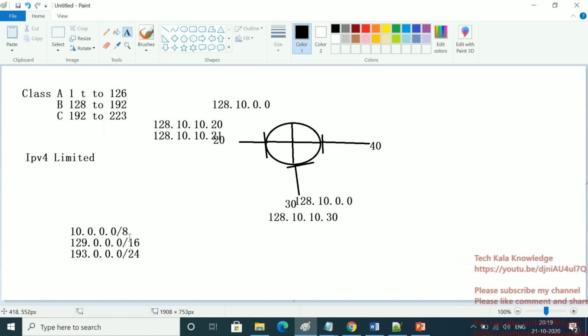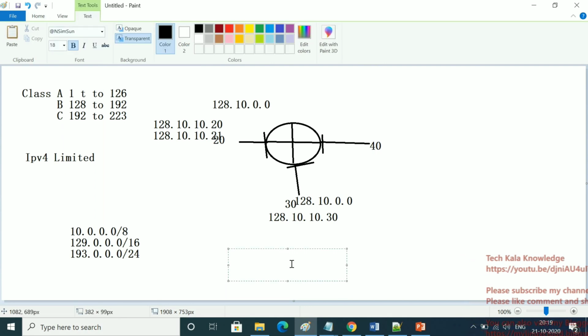Why does it come by default as 8, 16, 24? You have to watch my first videos to understand. In class A, how many octets are reserved for the network? Only one, and the rest are for hosts.